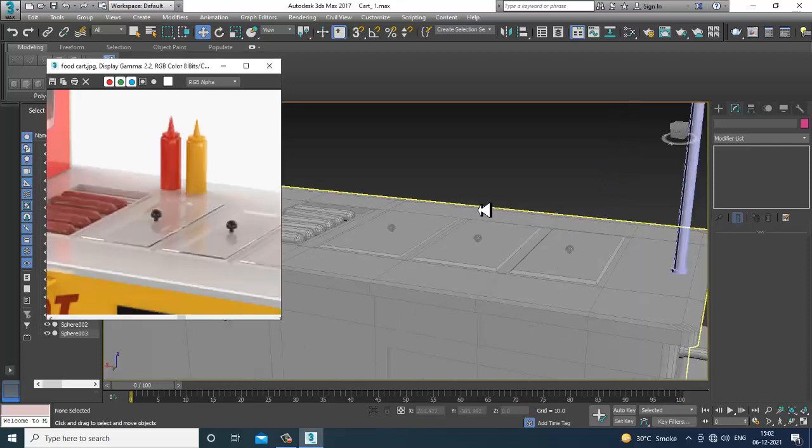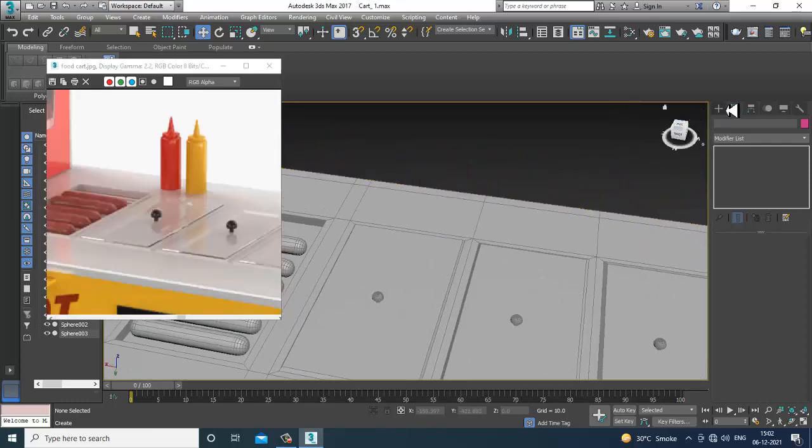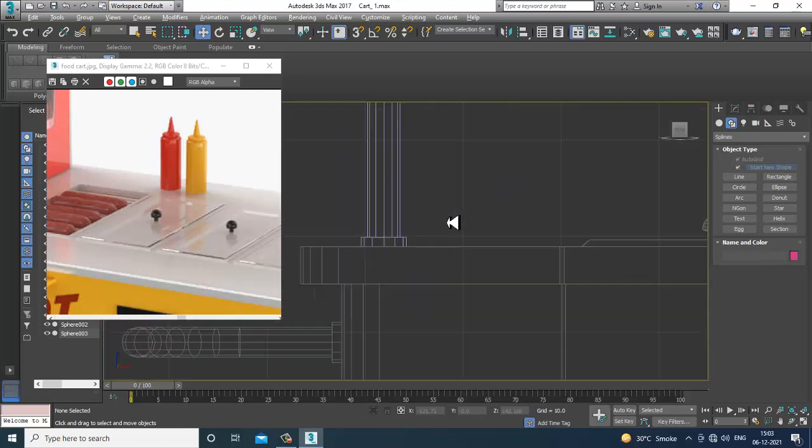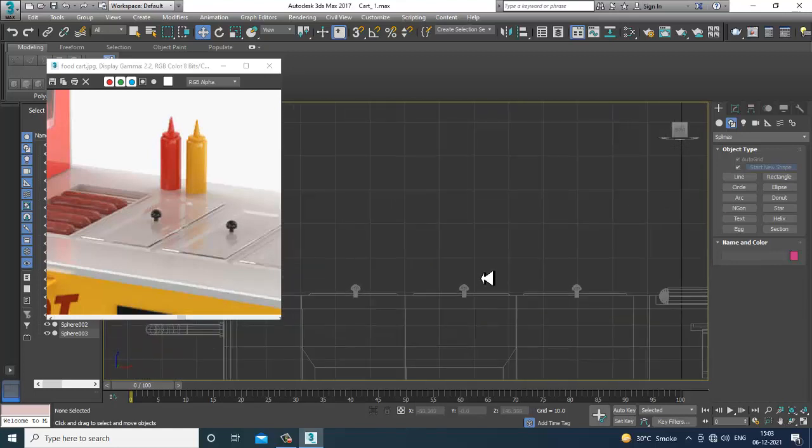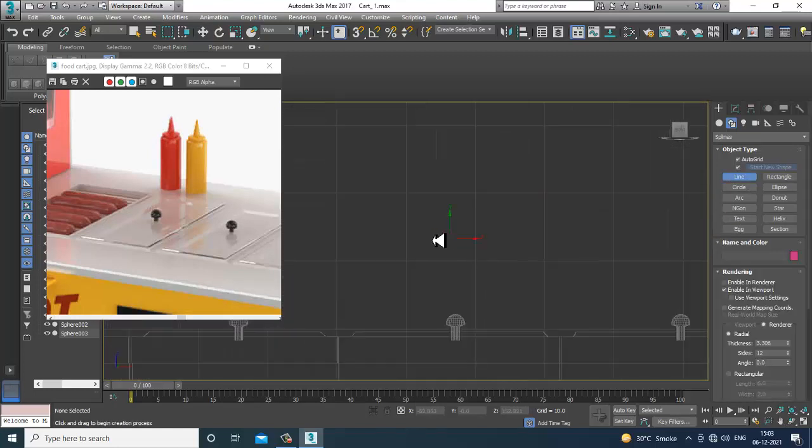So first we'll model these bottles also. For that, let's take a line tool over here. I'll turn off this enable in viewport.